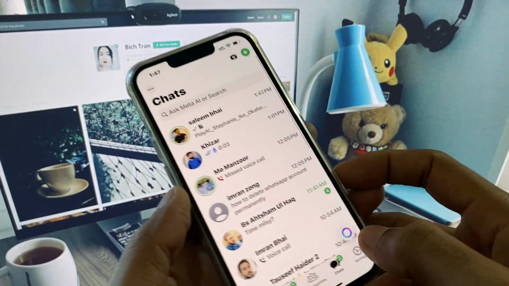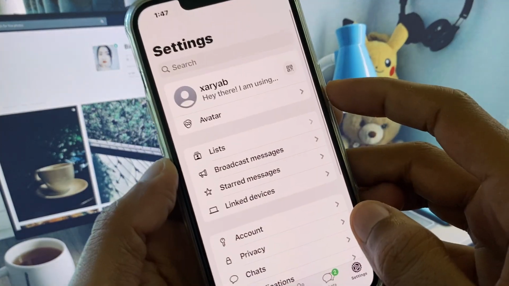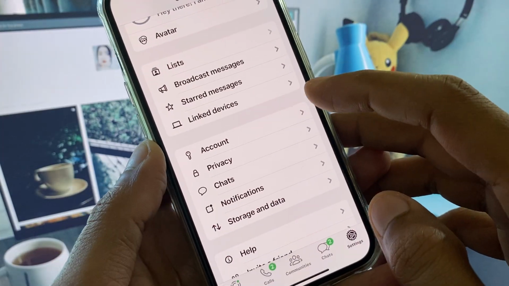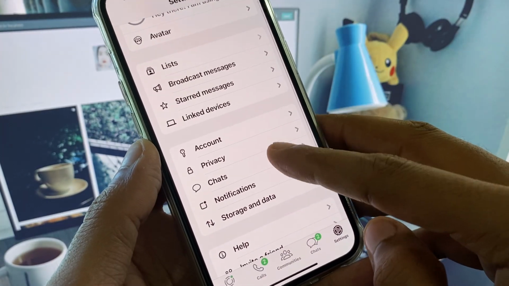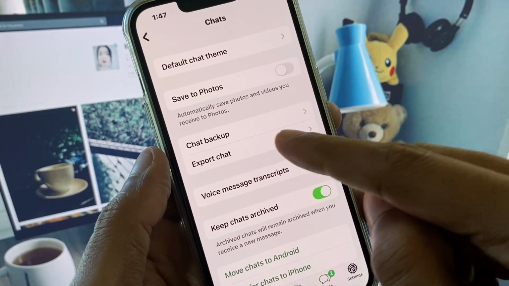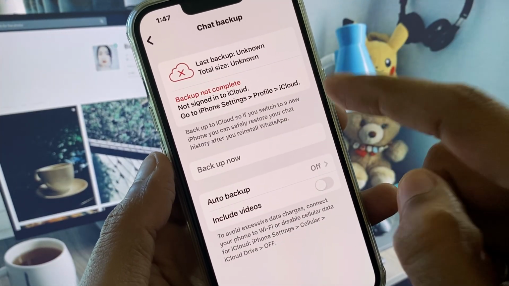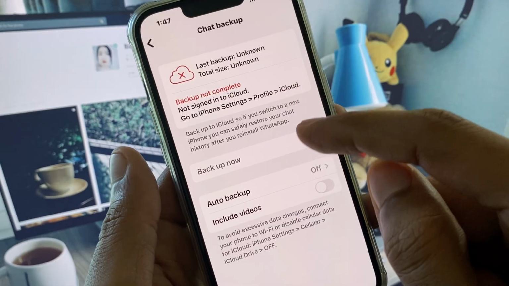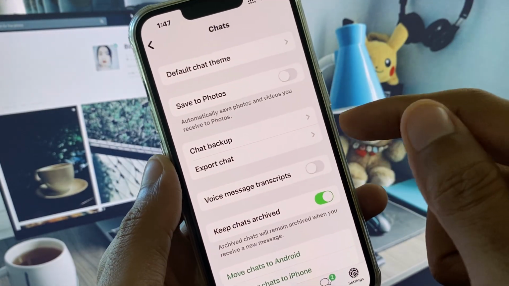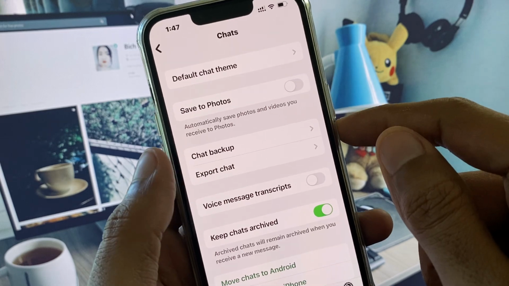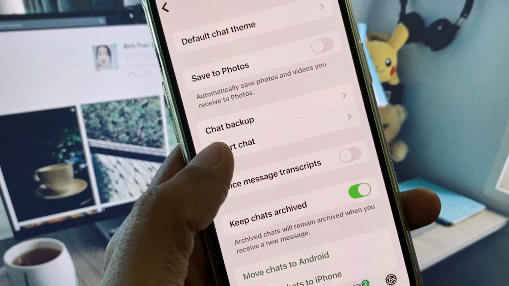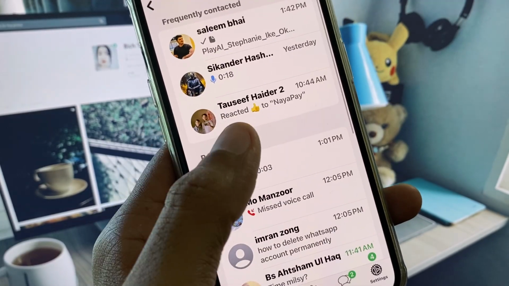So guys, as you will see here, you have to click on settings, and guys, now you need to scroll it down, and from here guys, you will see the option of chats. Click on it, and now you will see multiple options here. From here guys, simply you have to click on chat backup, and guys, you need to download all the backup if you have uploaded. And guys, if you have not uploaded any backup on your Apple ID or on your iCloud or on your Gmail, then guys, simply you have to click on export chat, and guys, you need to